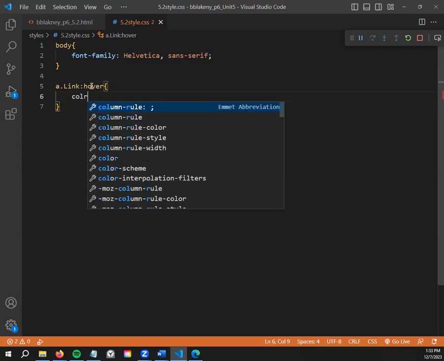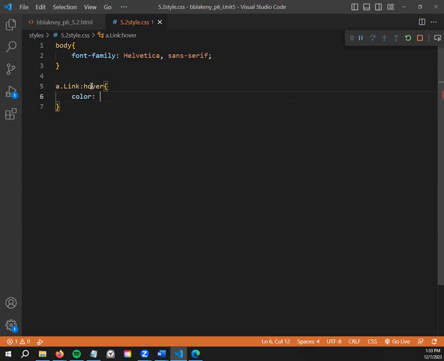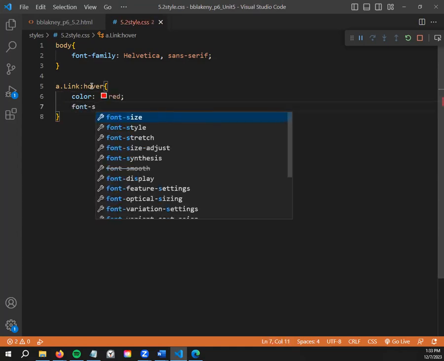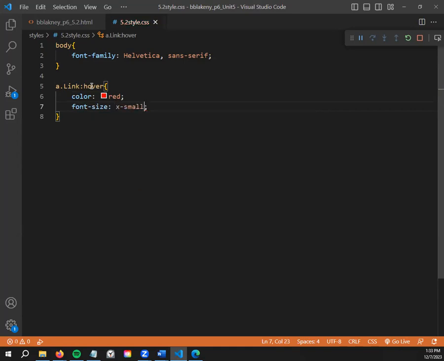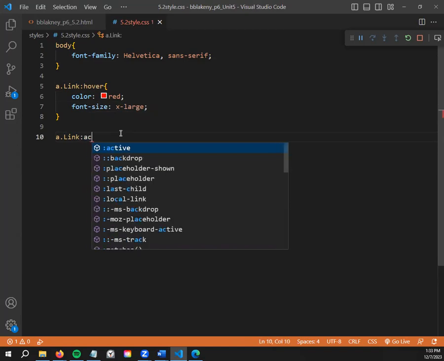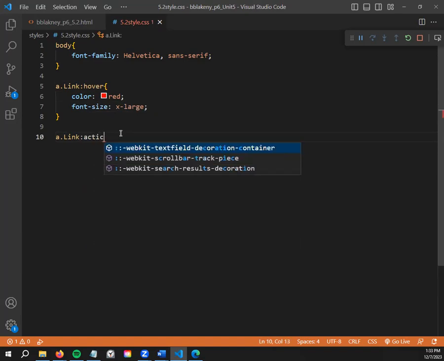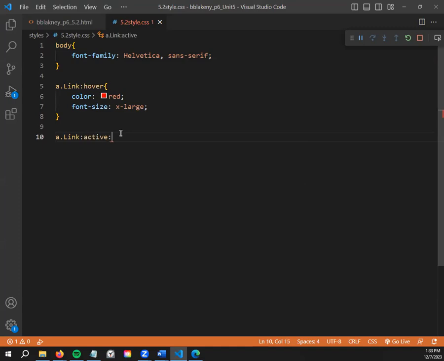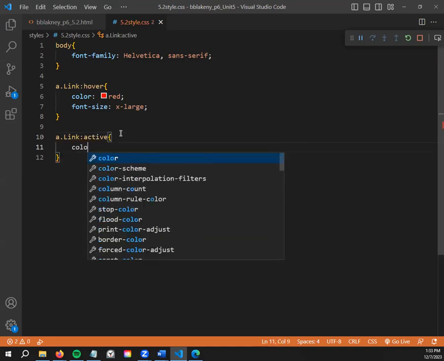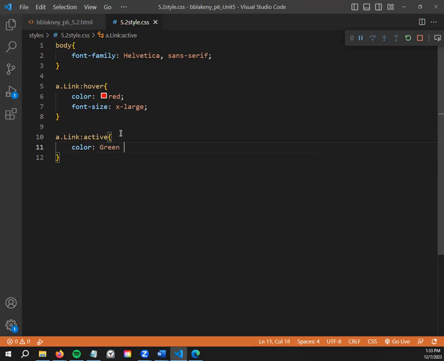And on hover, I'm going to make it turn red. I'm going to make certain conditionals. Once the if is met, then the condition happens. I'm going to set the font size to be extra large. And then a.link on active, I'm going to make the color turn green